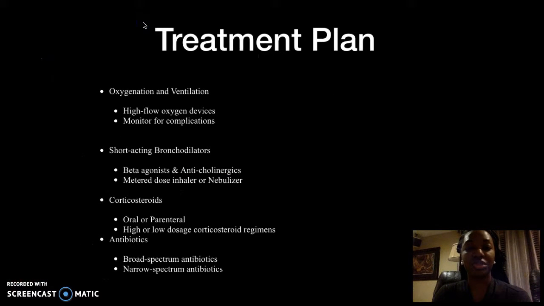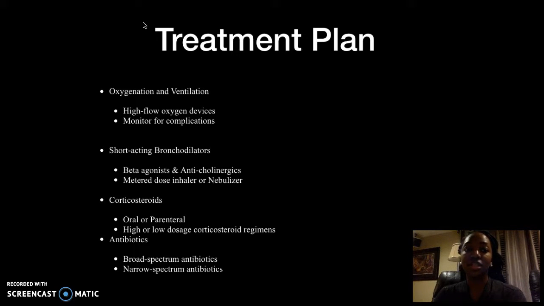I'll be going over the treatment plan for our patient. So the first thing we're going to do is provide oxygen and ventilation. We do this by providing high flow oxygen devices, which could be a BiPAP, CPAP, a Venturi mask, or non-rebreather. These devices work better than just your regular nasal cannula, which our patient is on at 6 liters nasal cannula